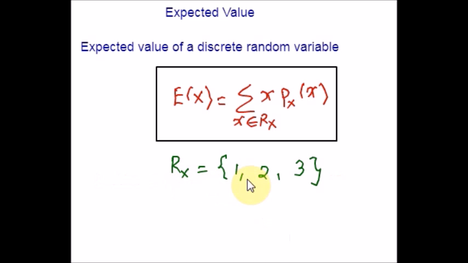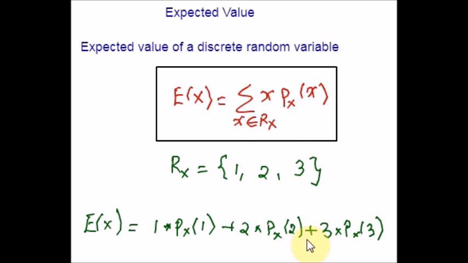Let Rx be 1, 2, 3. These are the elements, and then with this formula, the expected value would be computed. So this is how we find the expected value of a discrete random variable. But there is a requirement. The requirement is that the right side of the formula, with a modulus sign, should be less than infinity. That is called absolute summability. And you should ensure that the summation is well defined.